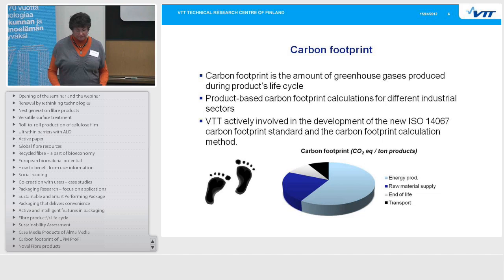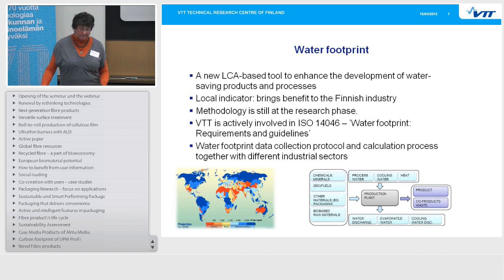Then you have water footprint, which is the newest footprint. It is a LCA-based tool, and it is unlike carbon footprint, it is a local indicator. So in that sense, it brings benefits to countries where there is abundance of water, like Finland, Nordic countries. You can see below left the map where dark blue countries are those who have got lots of water, and the yellow and red ones suffer from some kind of water scarcity. But the methodology is still at the research phase, so